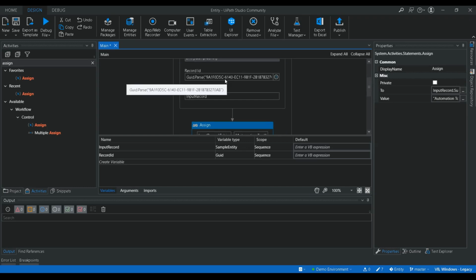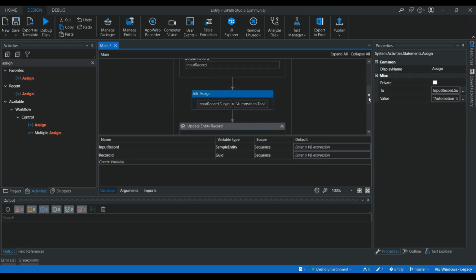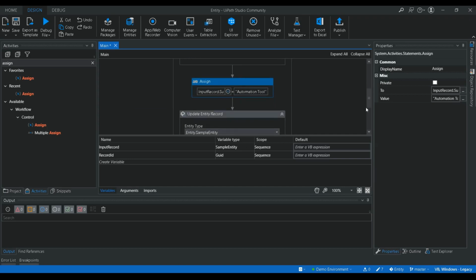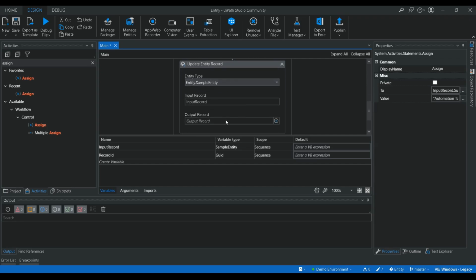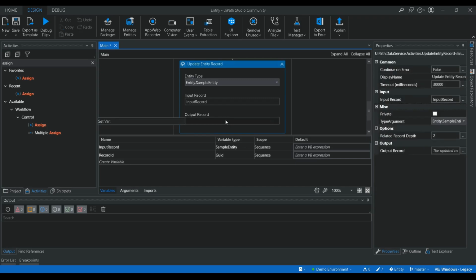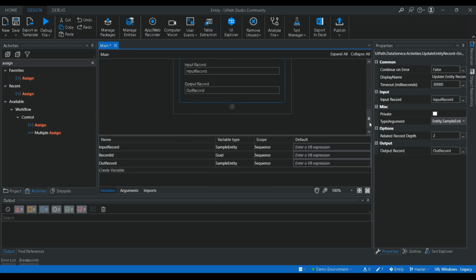We used the ID for getting that entire row, and for that particular value, that is subject, we assigned a new value, that is automation tool. And we are passing it as the input to the update entity. And we can create the output record also, out record. If you want to print the value in a message box, you can utilize this out record.